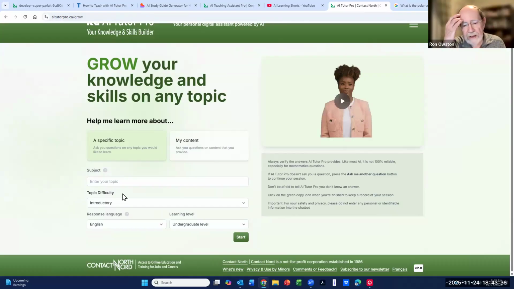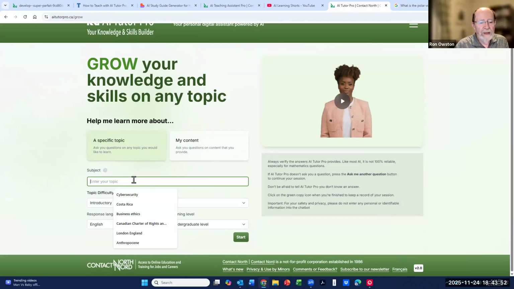Now, the design idea here is that it's a Socratic tutor. It attempts to start where you are, ask you questions about what you're understanding, and tries to build on that through Socratic questioning, a long proven method of learning. So I'll just try it again to show you an idea of how it differs from the check tool.